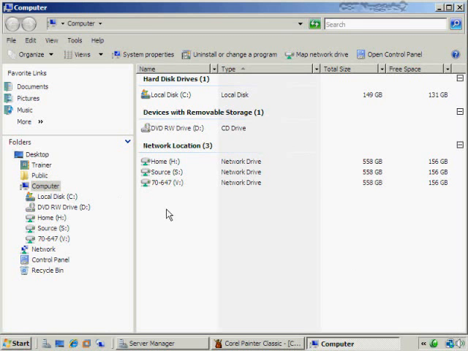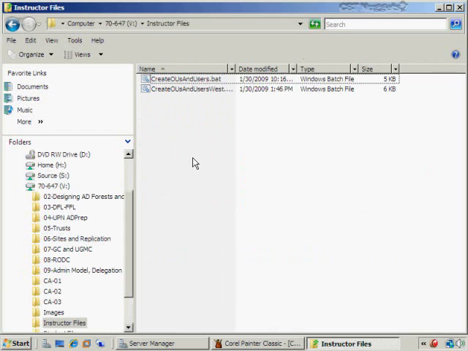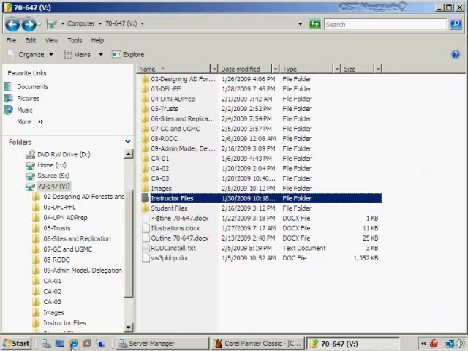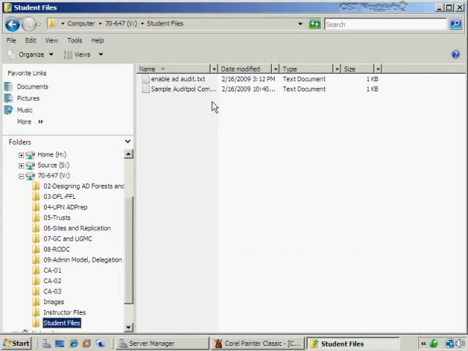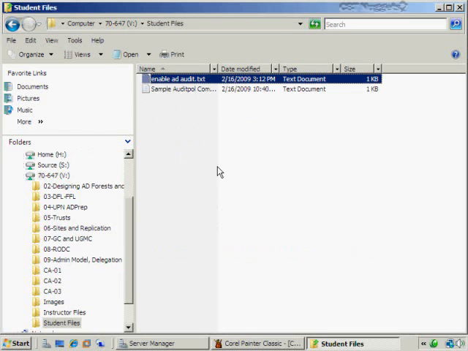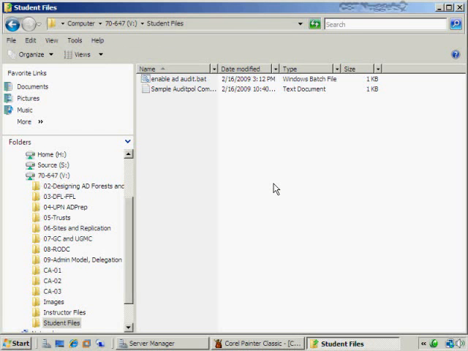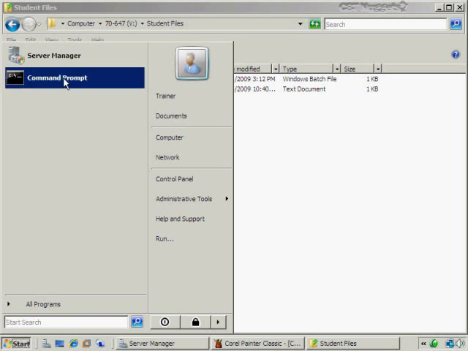So as I go into our existing file right here, wrong place, go right here. Then we'll have our enable ad audit.txt file. Okay, so I'm going to just change that to bat. Okay, are you sure you want to change it? Yes. Now, what I want to also do is to go back to a command prompt and show you that